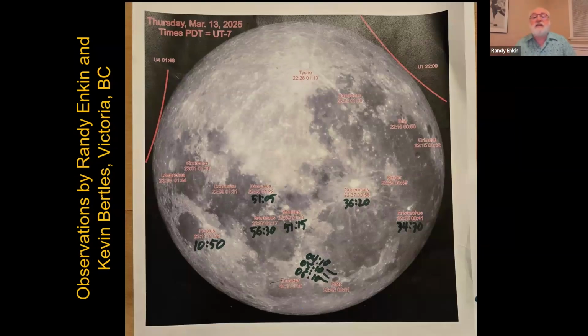We didn't give the hour. We just gave the minutes and seconds. And you see, we kind of gave times only to the 5 seconds. And you'll also see for Plato, we gave 3 measurements, each a minute apart. That was for when it's called first contact, when the umbra first hit this large crater, and then in the middle, and then the end. And we saw that it was about 2 minutes for the umbra to get across the